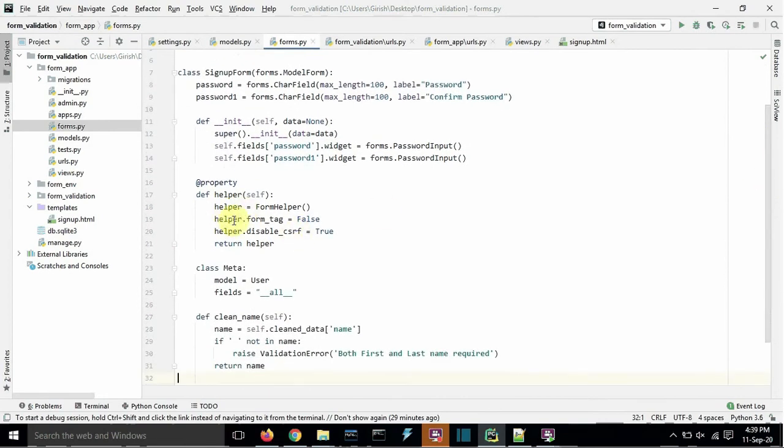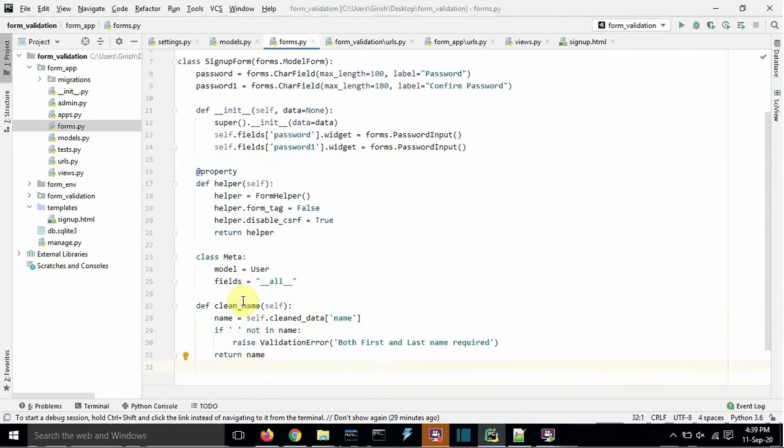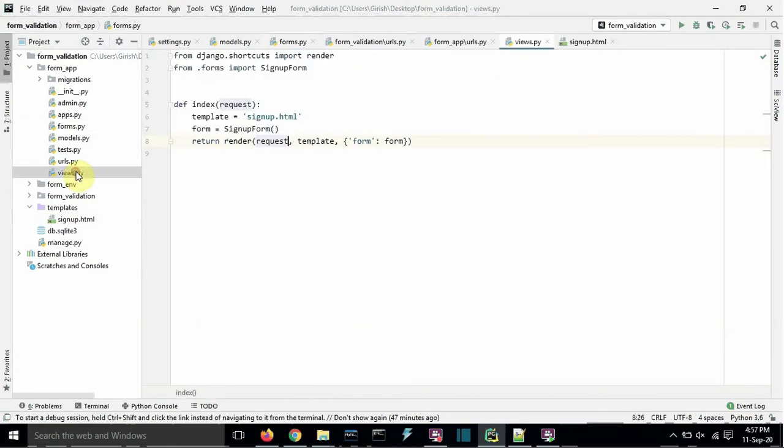So for the Crispy helper, I have already set helper.form_tag to False and disable_csrf to True, so as not to generate the CSRF token automatically for this form. In the clean_name method, I have created a simple validation for the name field, that the user should provide both first and last name. In the views.py file, I have this index view